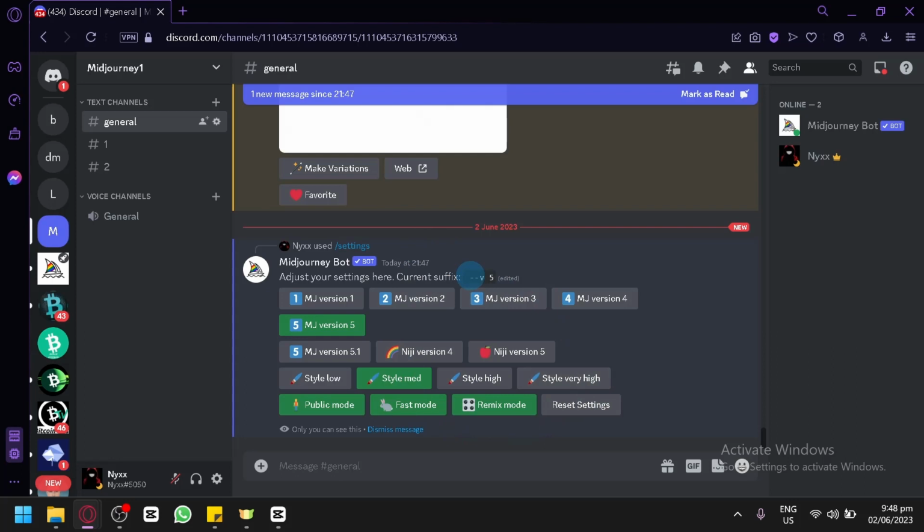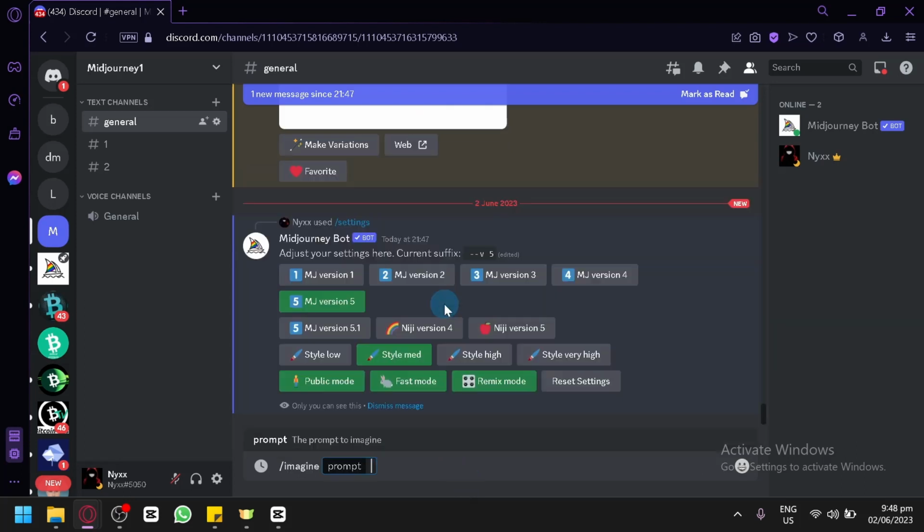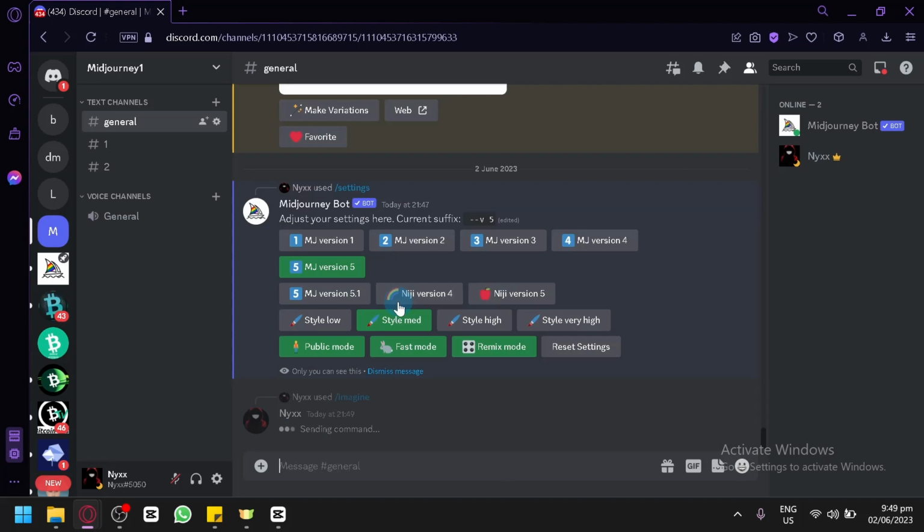Now this will indicate that anything we type, any prompt that we enter, will have this as its parameter. So for example, we're going to do this: /imagine. Then we're going to think of a very simple prompt: a coffee cup floating in galaxy. And click on enter. And as you can see, it will automatically add our parameter over here, which is the --v 5. And let's simply wait for this to open and let's start our tutorial on how to use a reference